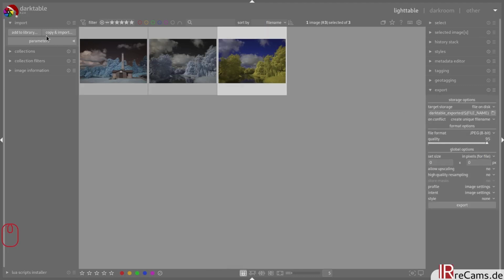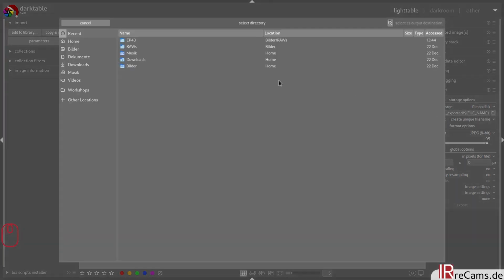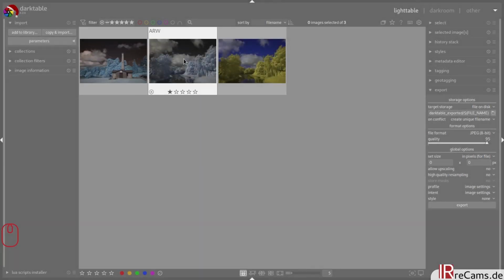Because after you have imported your images and done some changes to them, you want to export them to something else. In these export options, you can see you can export to a file on a disk, but you can also, for example, send an email or something like that. We will keep it as file on disk. You have here one button to select a directory where you want to save your exported images. You can use that, or you can keep the